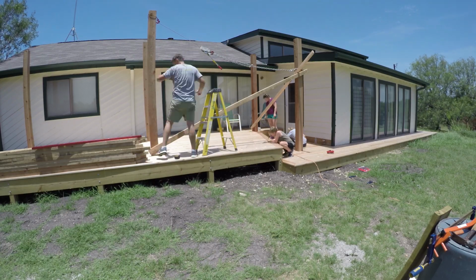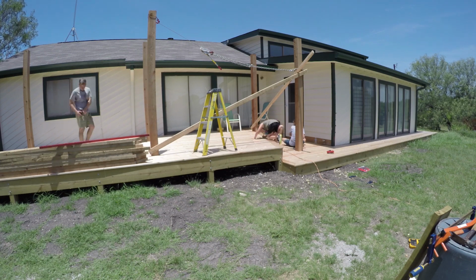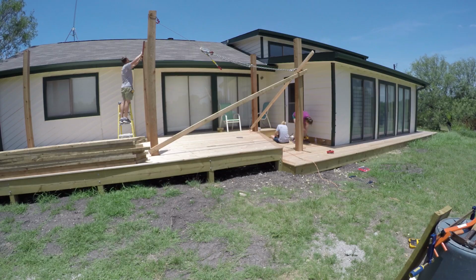This is a how-to video on building a pergola, specifically the main beams that support the remaining structure. First thing I'm doing is using a cable winch, also called a come-along, to make sure all the posts are